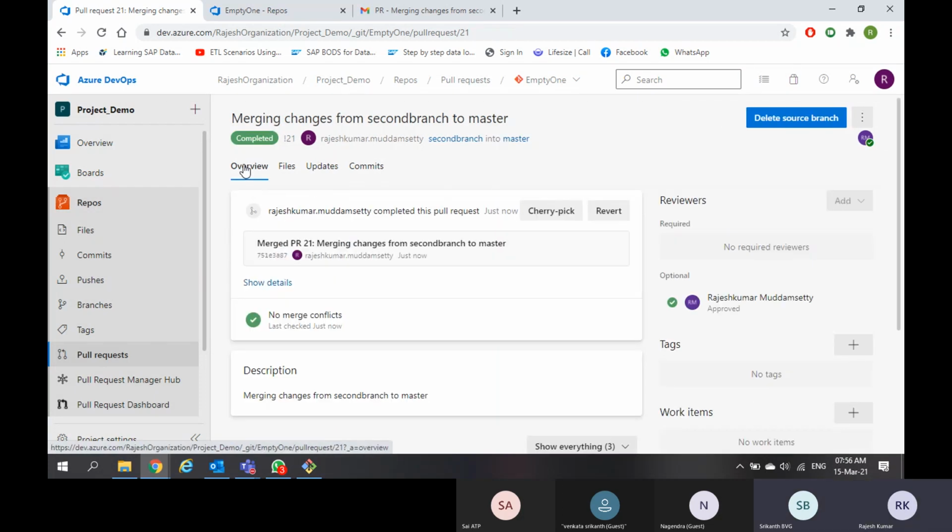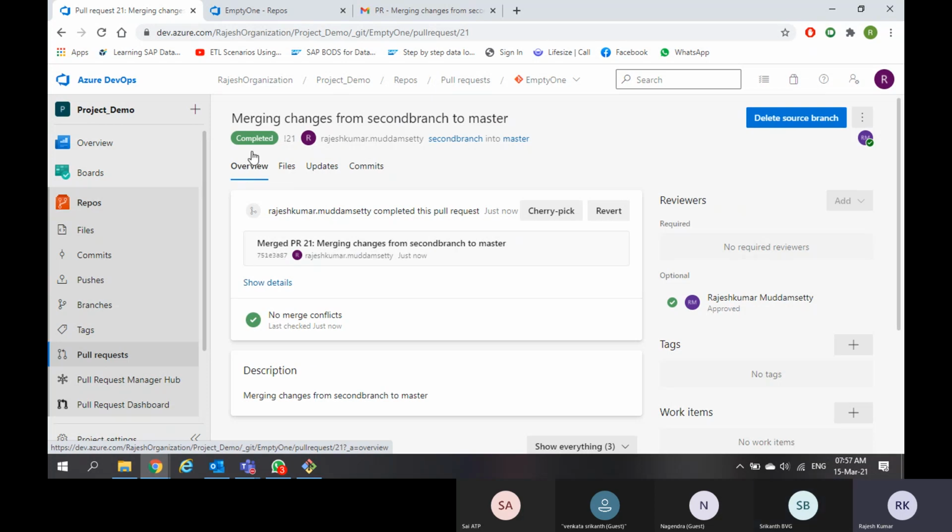Rajesh? Yes. If merge, rebase and fast forward all have 4 plus 4 commits, I mean the same details, why do you have two different options? So it's all about proper branch history. It will be explained only when you see the graphical presentation. I will show you here itself.